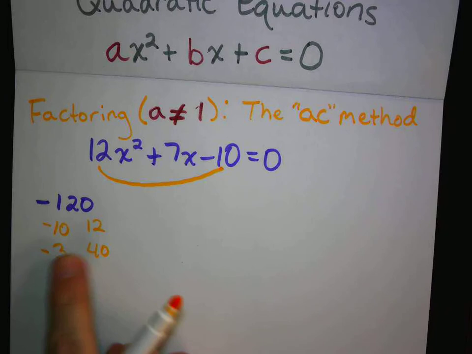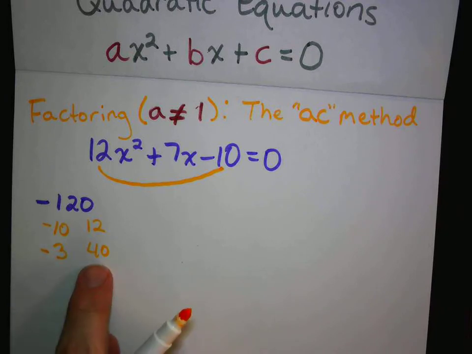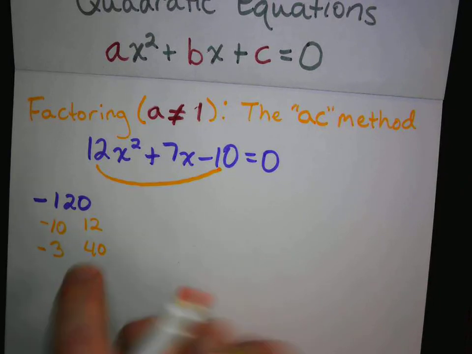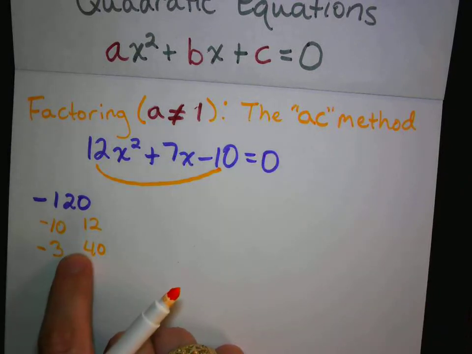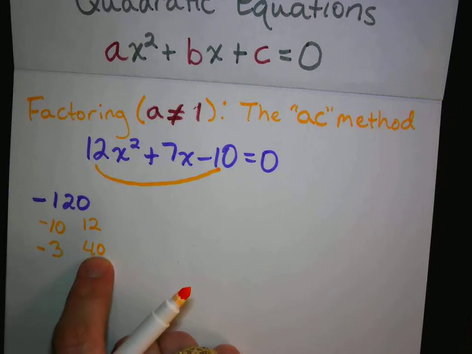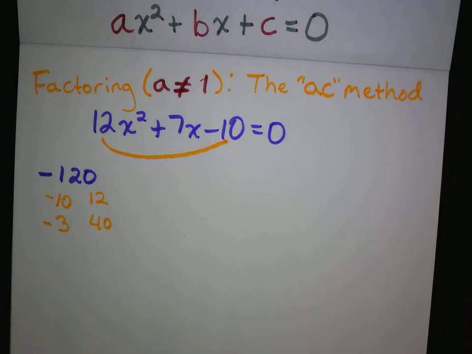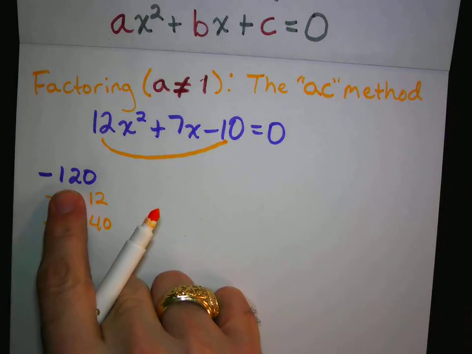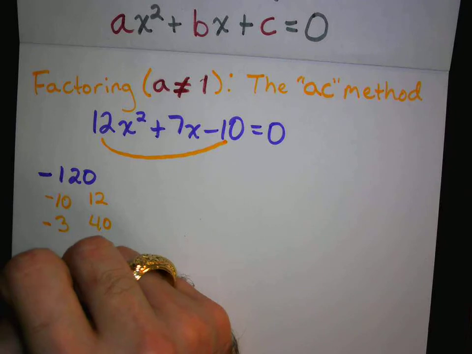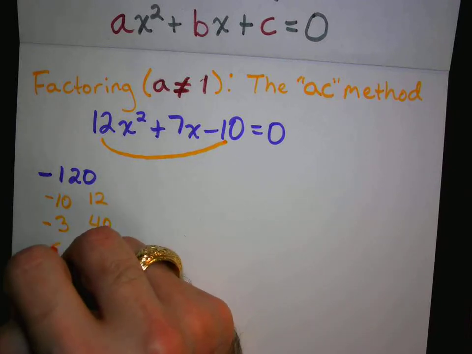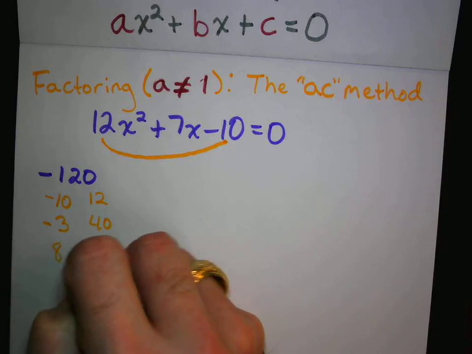Notice that because these numbers are further apart, we got a larger answer when we added them together. So instead of looking for things that are this far apart, we want to look for things that are closer together. So what else can make 120? Well, it may take you a little work with a calculator, but we can find that 8 times negative 15